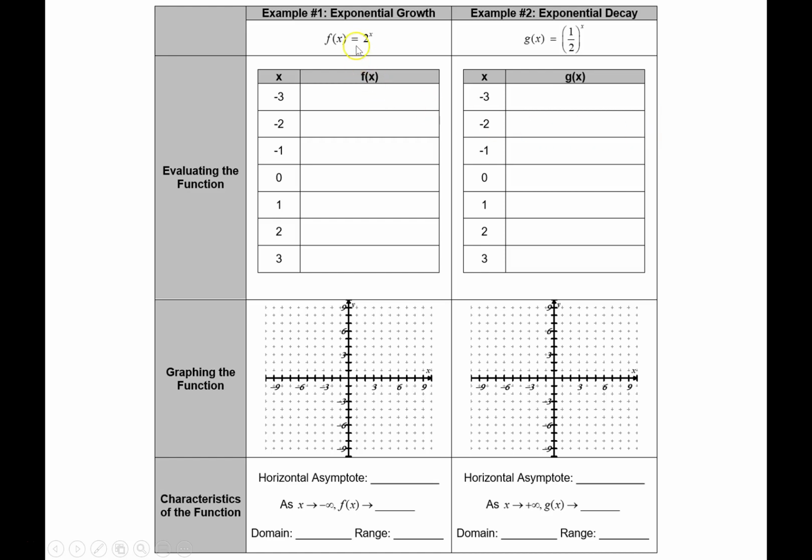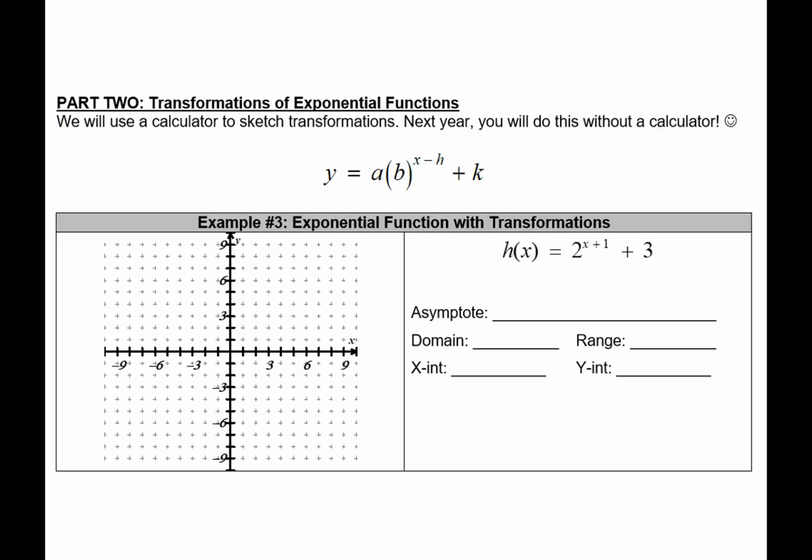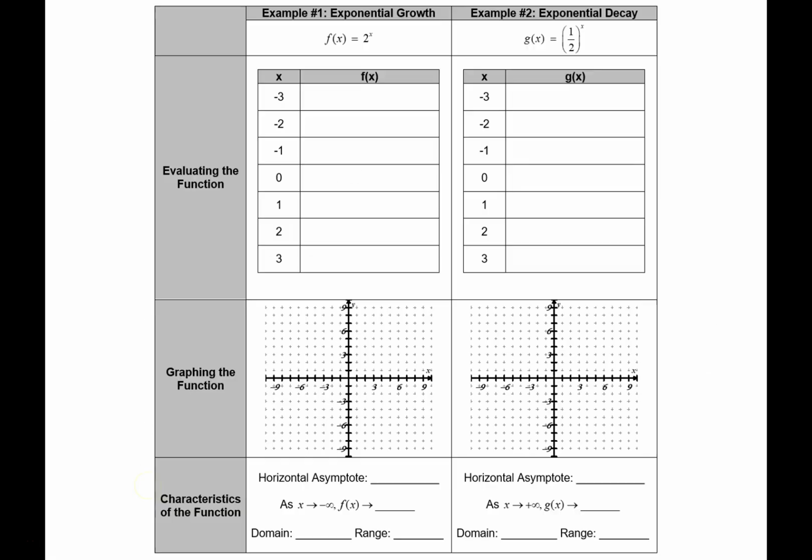So first, let's look at this example, 2 to the x power. If we wanted to make a table of this so that we could graph our ordered pairs, let's think about what 2 would look like in each of these. Let me remove my keyboard so it doesn't get in the way. Okay, so if we plugged in -3 to this function, that would be 2 to the -3rd. Remember, negative exponents flip that base to the other side of the fraction bar, so that would be